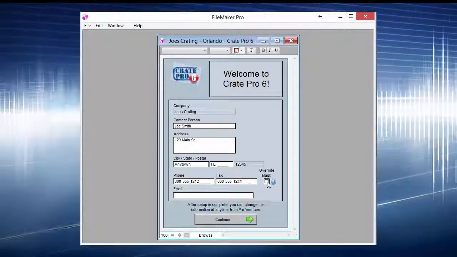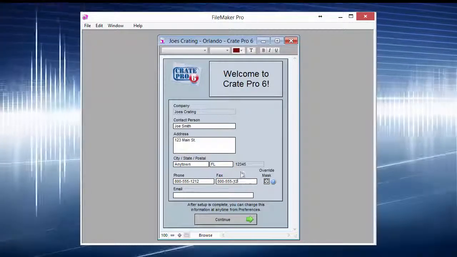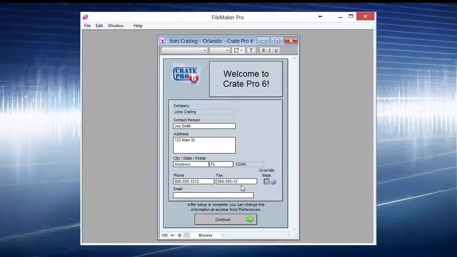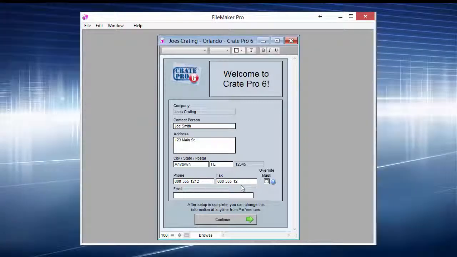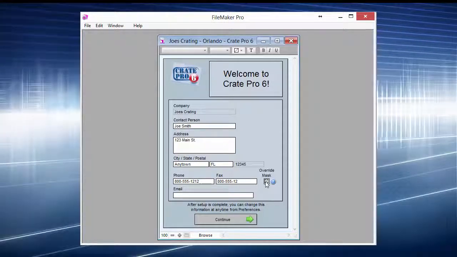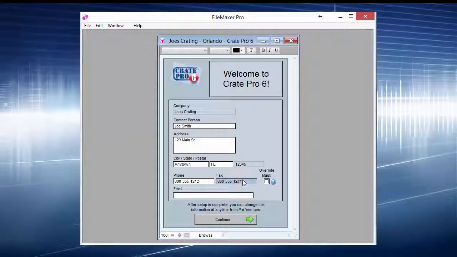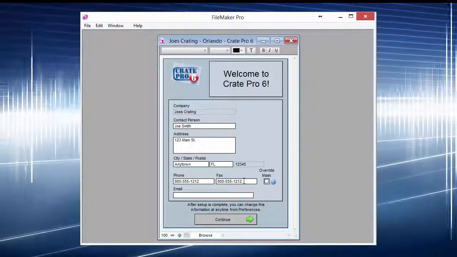In that case, we can override the mask. I'll go ahead and make this change, and it's not going to show us that error message. So it's going to assume whatever we put in is correct. And there are various different masks for different countries in some cases. In this case, we'll go ahead and leave that off though, and we'll fix this and put in an email